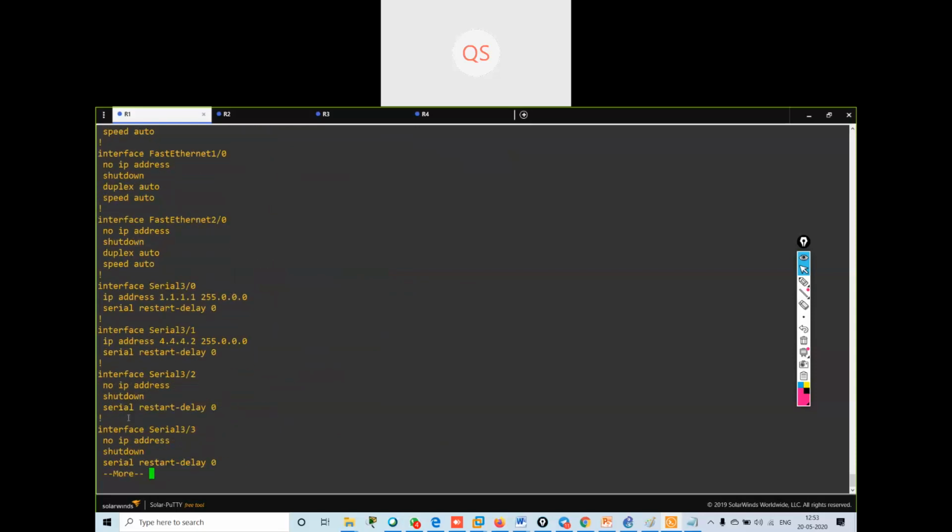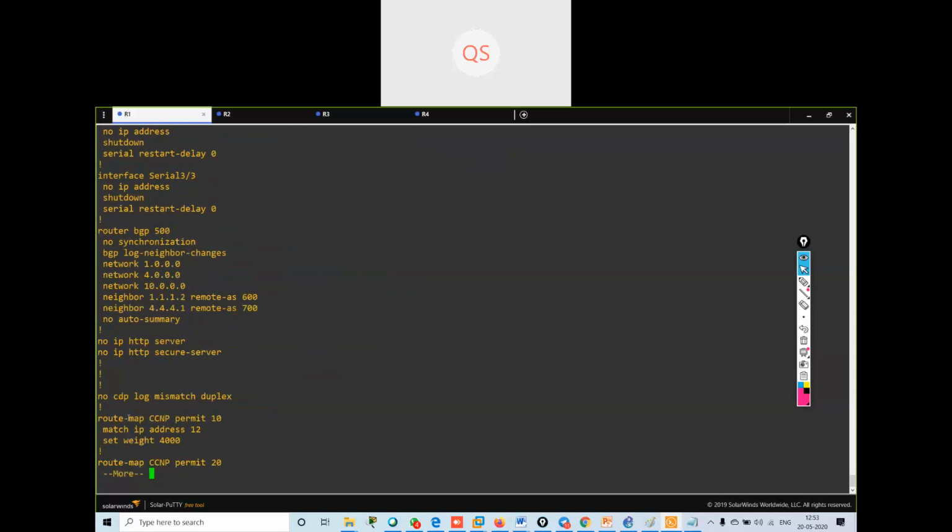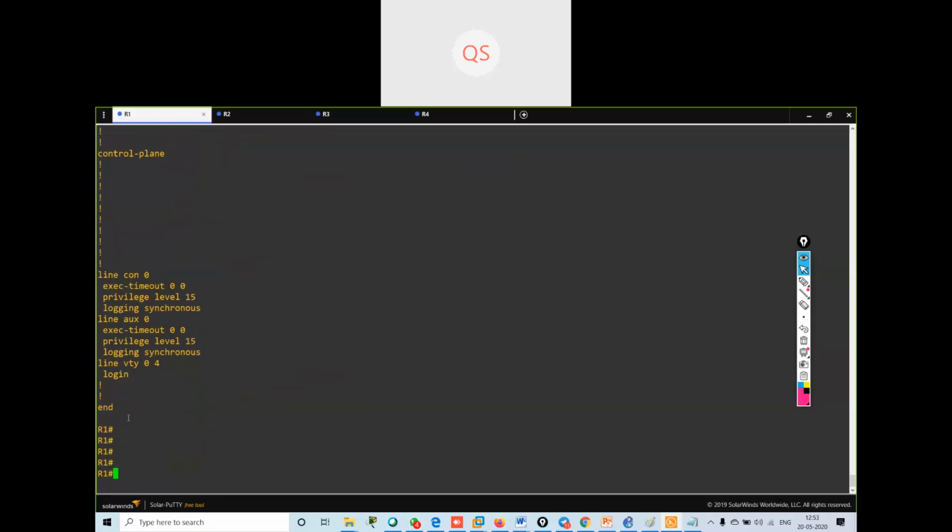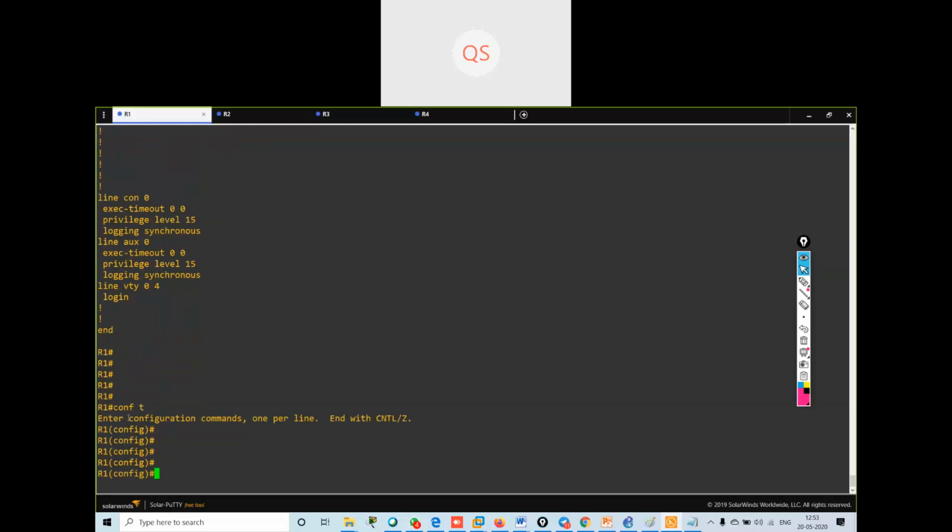Now I'm having the default configuration, I think so. Route map is still there. So I will say no route map.